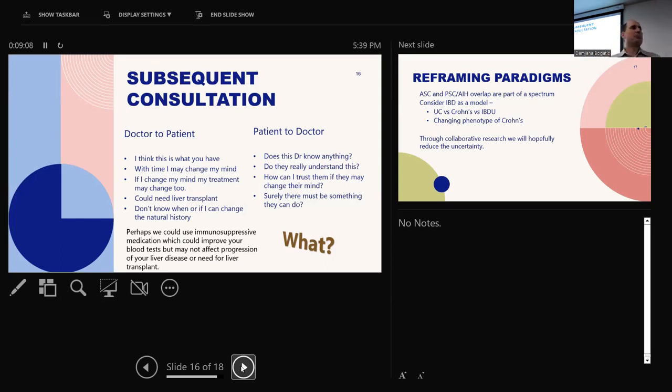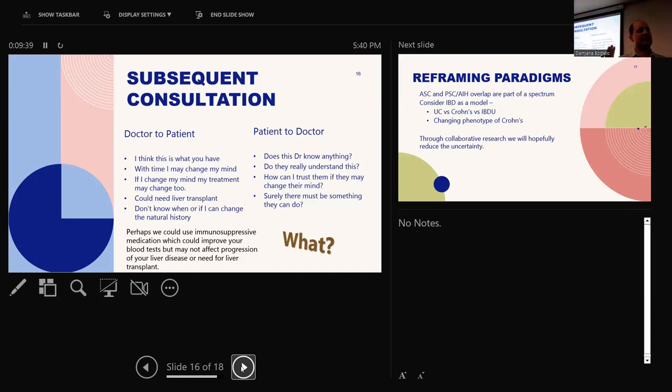And then by that point, the patient's asking questions and they're saying to you, yeah, but surely there's something you can do that's going to really change this. And if it is sclerosing cholangitis, there's got to be a treatment for it, isn't there? And that conversation is difficult as well. Kate mentioned you can talk about things like URSO, which changes the biochemistry. Does it definitely change the overall outcome? Maybe, but also maybe not. And then comes the difficult words of liver transplant.